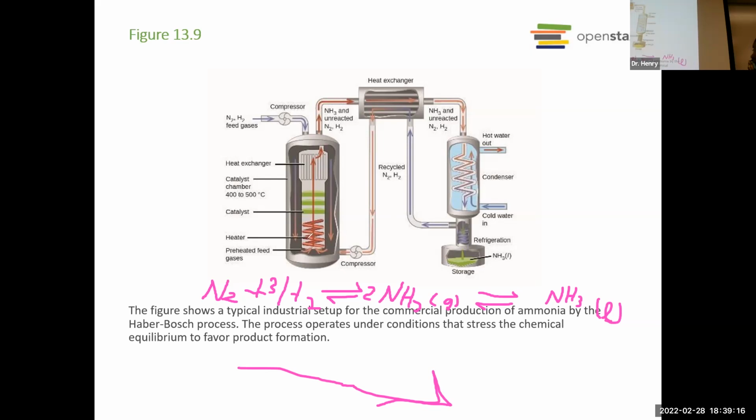Then what's going to happen is that it goes through. You have your stuff that's being recycled, and then you also have new stuff that's coming in, and you're making more and more and more, and then you're going to be driving this reaction. So you're going to get the production of more and more ammonia. Okay,